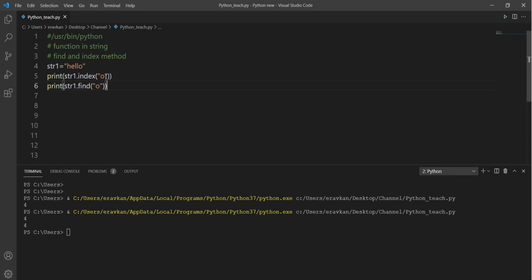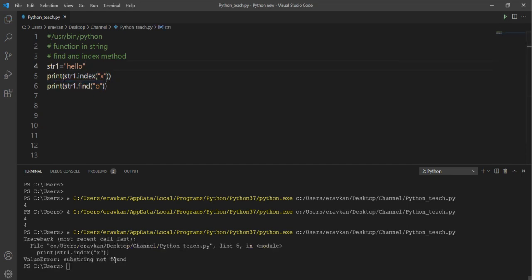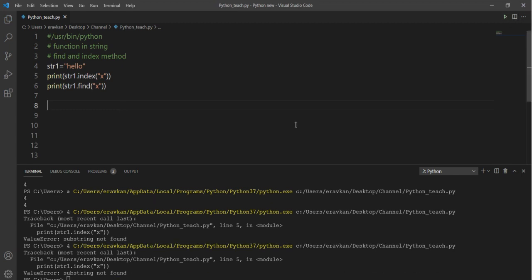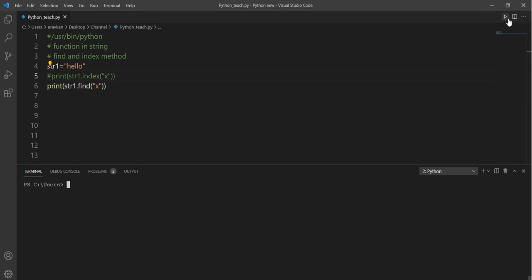Suppose in index I try to find something that is not present in my string. Suppose I am trying to find x. Then see: ValueError, substring not found. But if I do the same thing with find, then you will see what will happen. Okay, let me comment it out and run it.